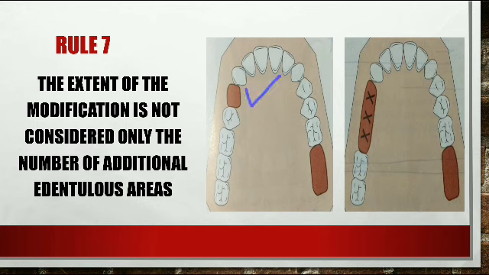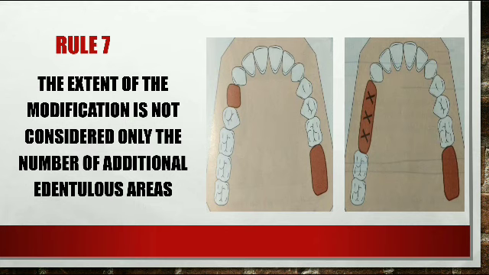Similarly, here only one tooth is absent. And over here 2 teeth are absent, that is second and third molar. So we are not counting this as 1, 2 and 3. No, this is one edentulous space. So this is the second edentulous space. So we are counting the edentulous space as units instead of the number of teeth that is missing.